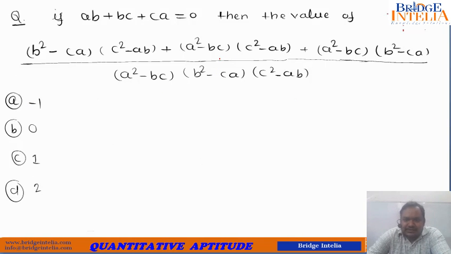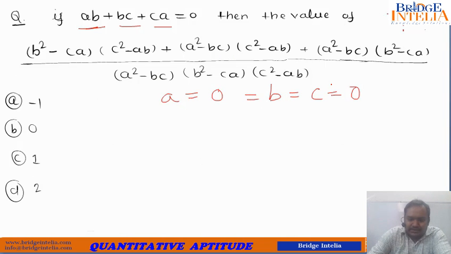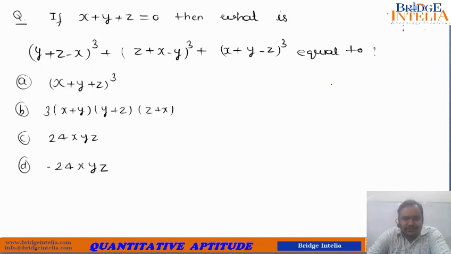Now let's have a look at this one. This is pretty simple because this is a symmetrical expression. If the expression is symmetrical, all these three terms are equal and 0. So here there is nothing much left to be calculated. So you can avoid this. You need not even guess this.